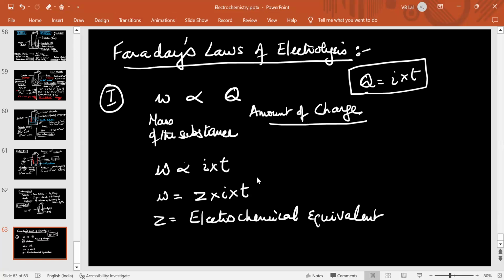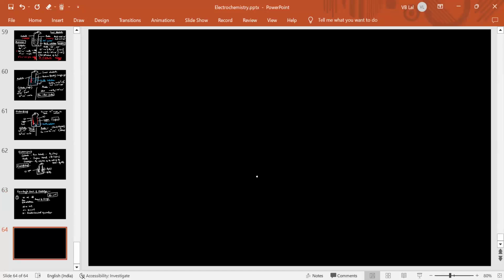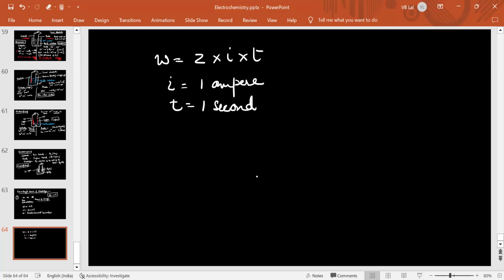So what is the definition of electrochemical equivalent? How do we arrive at it? W is equal to Z into I into T. If I is equal to 1 ampere and time T is equal to 1 second, right? So what will W be equal to? W will be equal to Z, right? So what is the definition of Z? Z is the electrochemical equivalent,